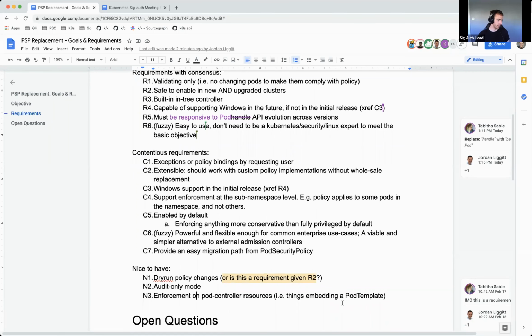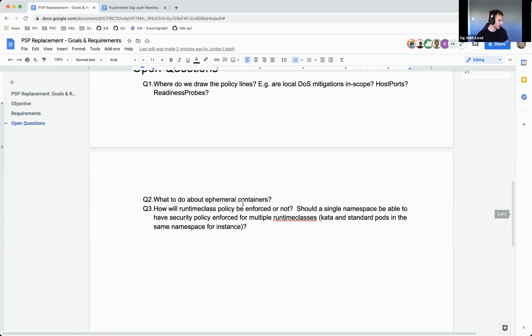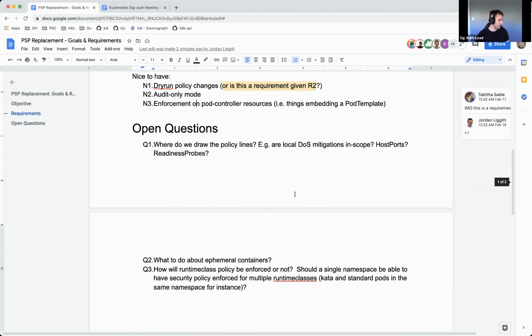And enforcement on pod controller resources. So in other words, can I check my policy against replica sets and deployments and things like that? And then I think there were a couple open questions. The first one is around